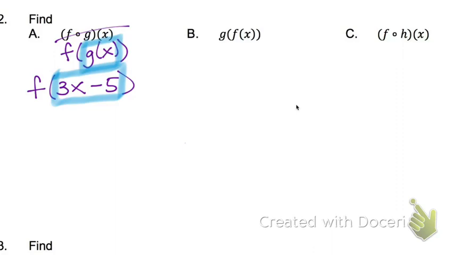So it's like a 2-step problem. That's why I say it's a function inside a function, because I'm putting g of x in. Now I'm going to go to f of x, which is 5x plus 2. And I'm going to substitute, like we did in the last section. We already did this, right? I'm going to substitute in 3x minus 5 everywhere I see an x. So 5 times 3x minus 5 plus 2. We okay with that? Yes. Okay. Then 15x